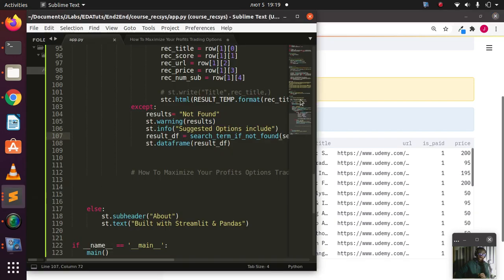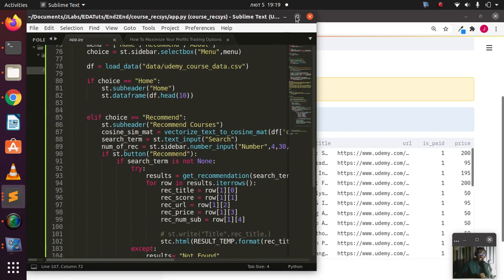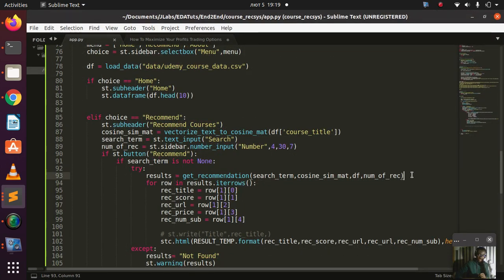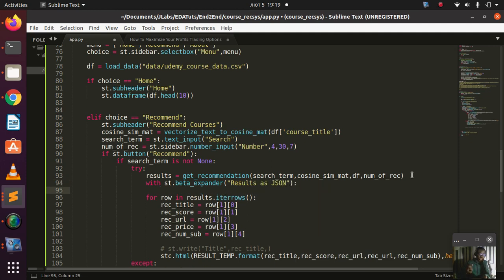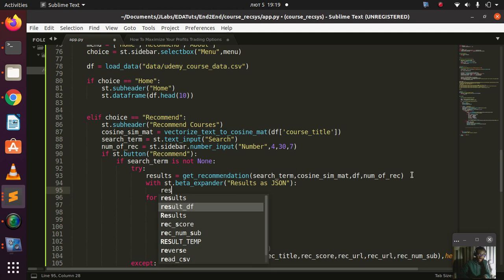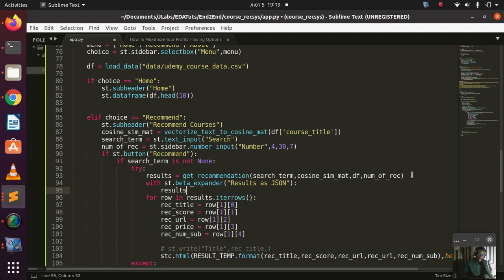To convert what you did into JSON so that the person can also have it as JSON, we can come down here. When you get a result, right, you can just say with st.expander to get it as JSON, the result as a JSON. You're using st.expander. So what you're doing is taking the simple approach of converting the entire stuff. So result JSON. You convert the data frame, the result that you have gotten, the result dot to_dict. Then I'm passing my index. So there is record, there is index, then